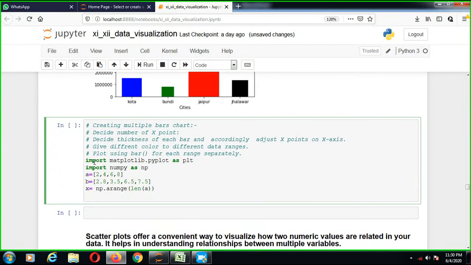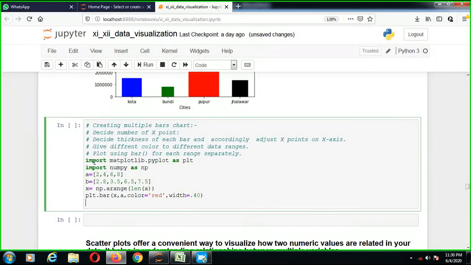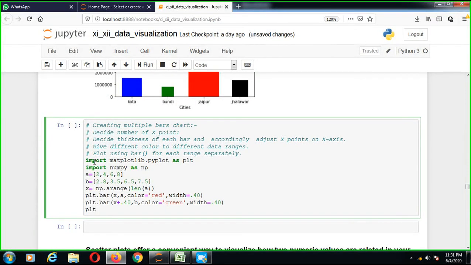Now plt.bar(x, a, color equals, suppose, red, width equals 0.40). Next plt.bar(x plus 0.40, b, color equals green, width equals 0.40). Now next plt.show.